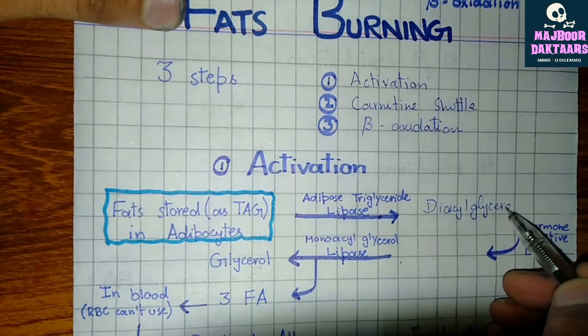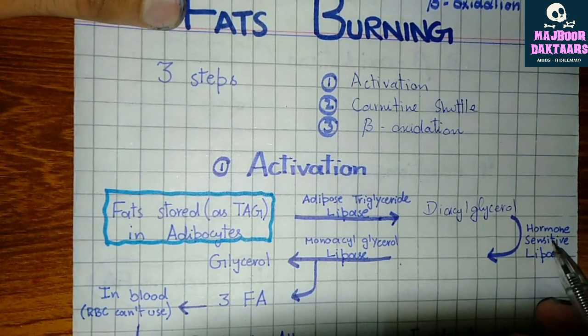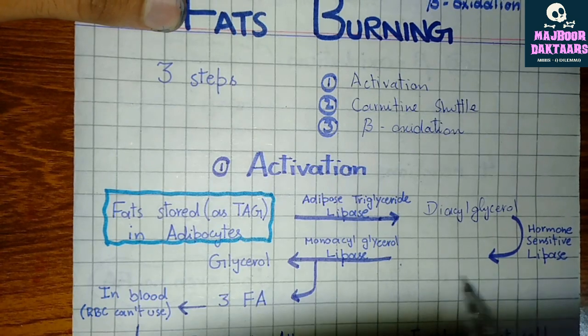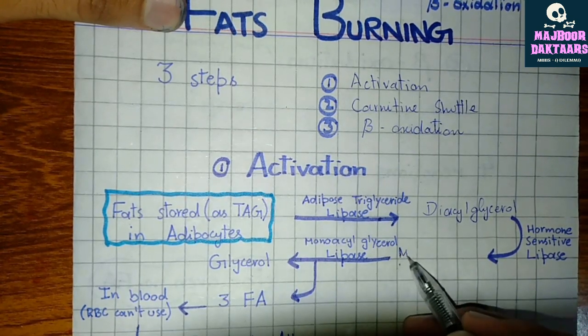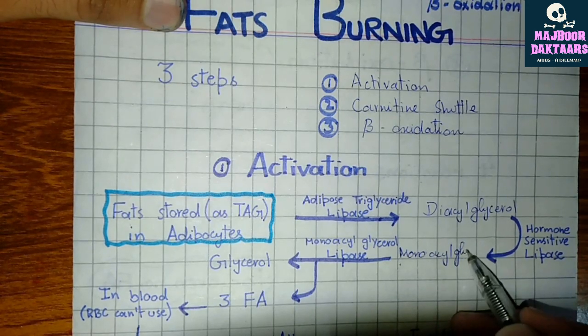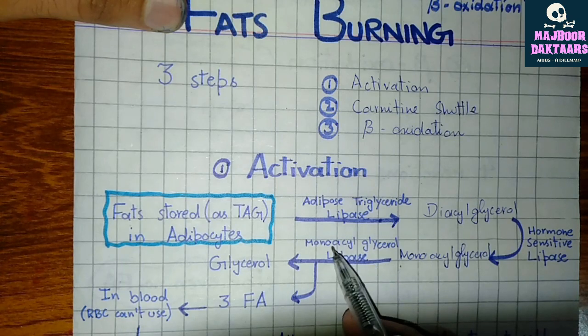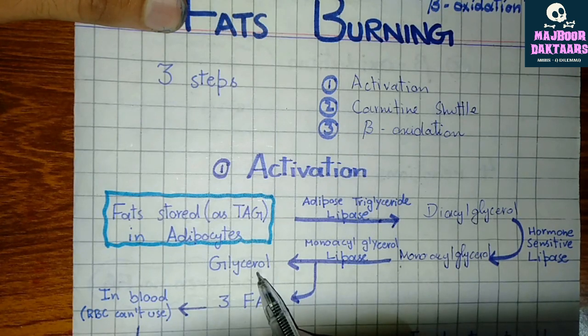Now this diacylglycerol is acted upon by hormone sensitive lipase and converted into monoacylglycerol. This monoacylglycerol is acted upon by monoacylglycerol lipase, which breaks it down into glycerol